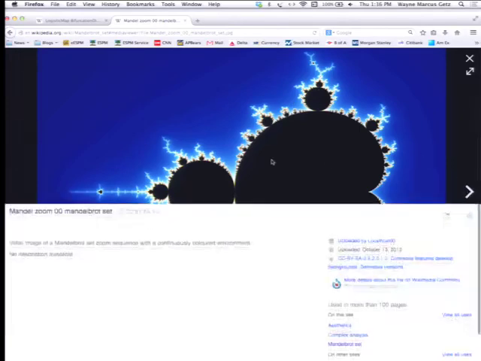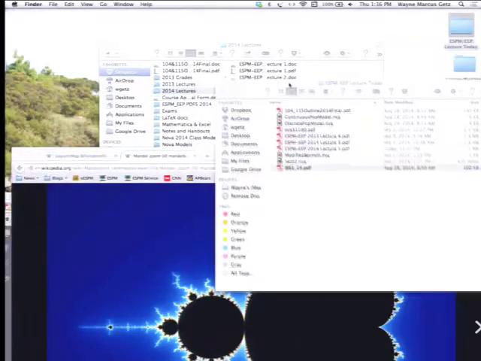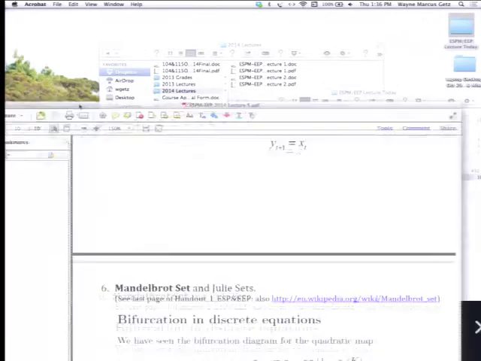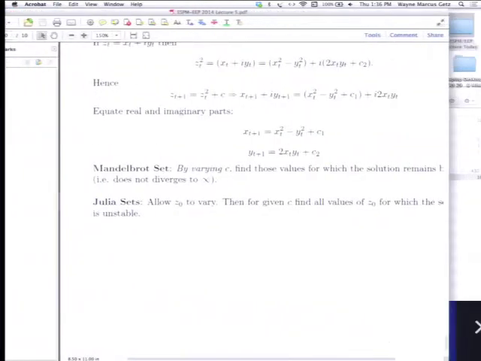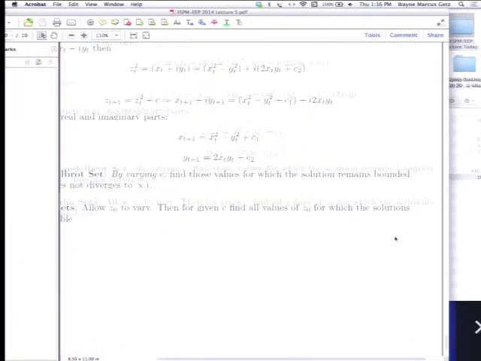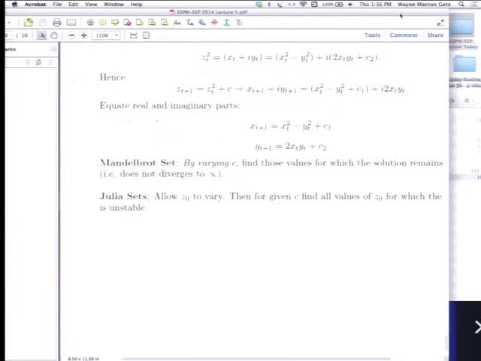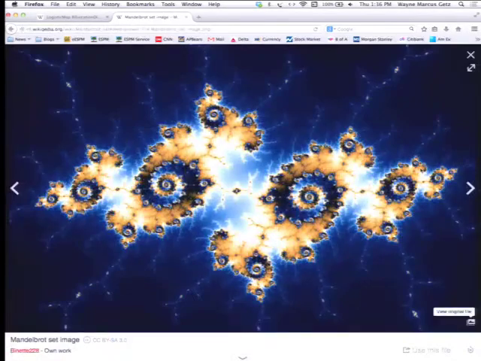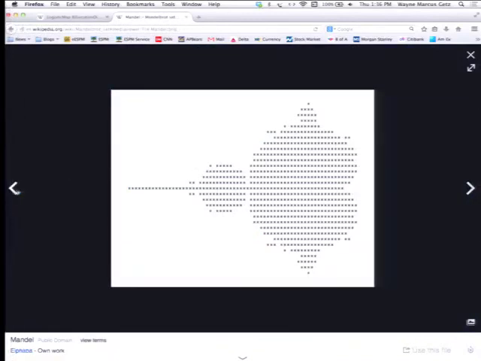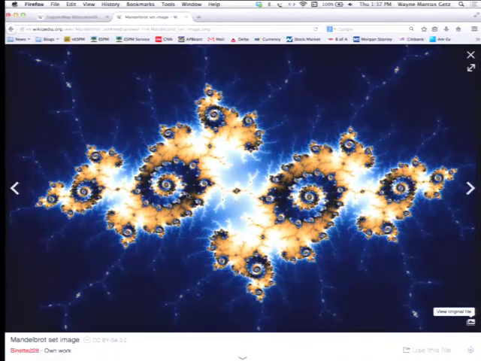You can also create other sets from this equation by doing the following. By allowing the initial values of this equation to vary, then for given values of C and all initial values, you ask which solutions are unstable. And when you do that, you get the so-called Julia sets, and then you color them in. So let's go back to that. Well, here's the details of the Mandelbrot set. So all these pictures are created by coloring in these different elements in the Mandelbrot set, different colors based